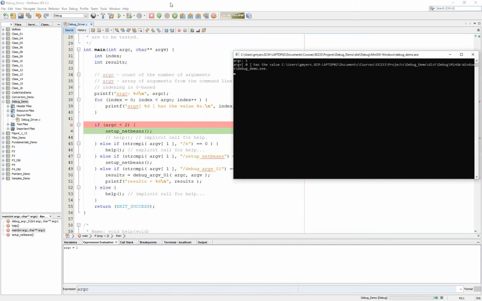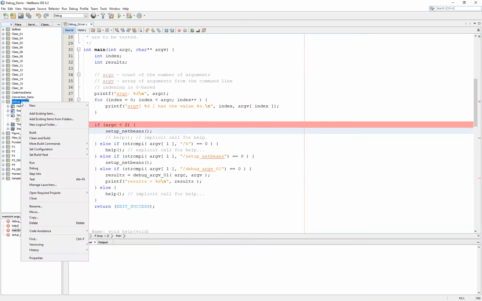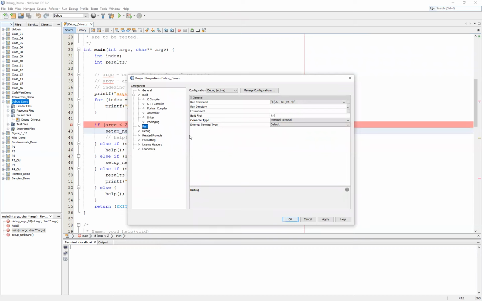So how do we do this? Well, the first thing we want to do is go ahead and stop our debugger. Let's go back to our debug demo, to our properties, and once again to the run branch. And you'll notice that there is a line here for the run command. And there's a drop-down menu that allows you to add command line arguments to our run command. And specifically, you can do a space after this, and we're going to focus then on our debug